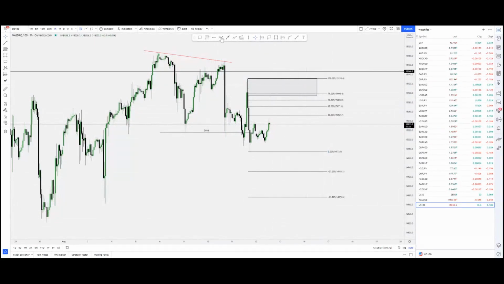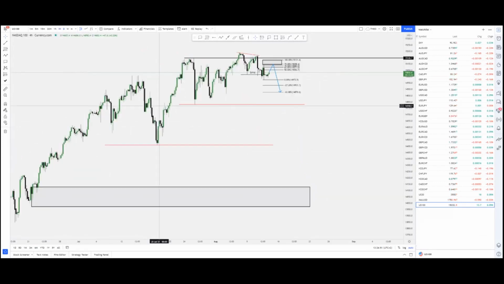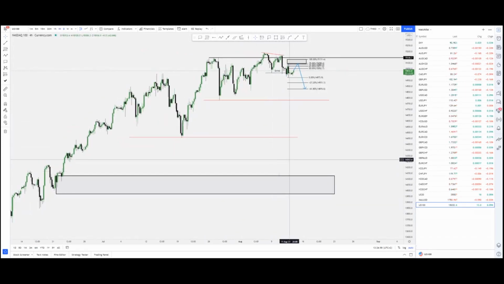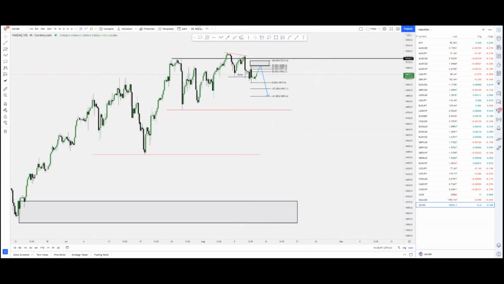So let's see US tech, that's Tech 100, go up this way before coming down. Short-term target to be 1488876 for the taking. Then long-term target to be this red line and that gray line right there. So that's just my bias on US tech, and I hope it resonates with you.